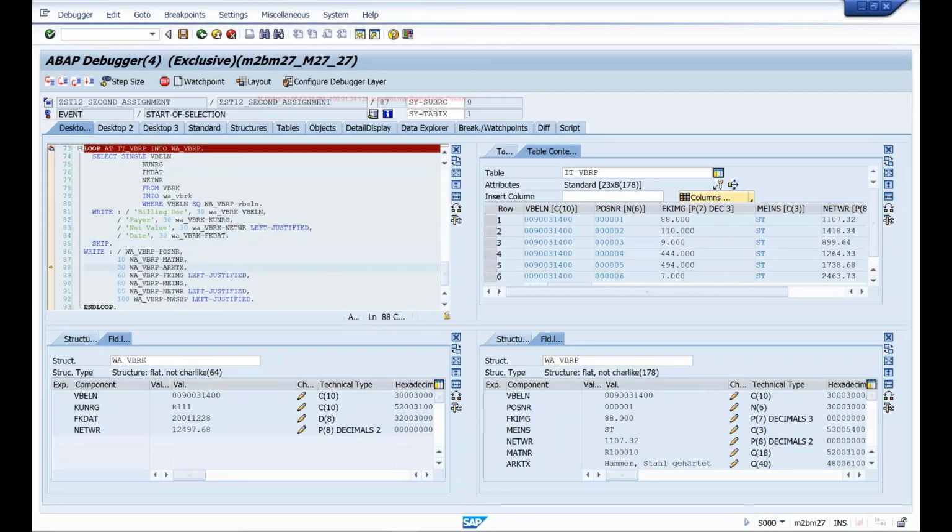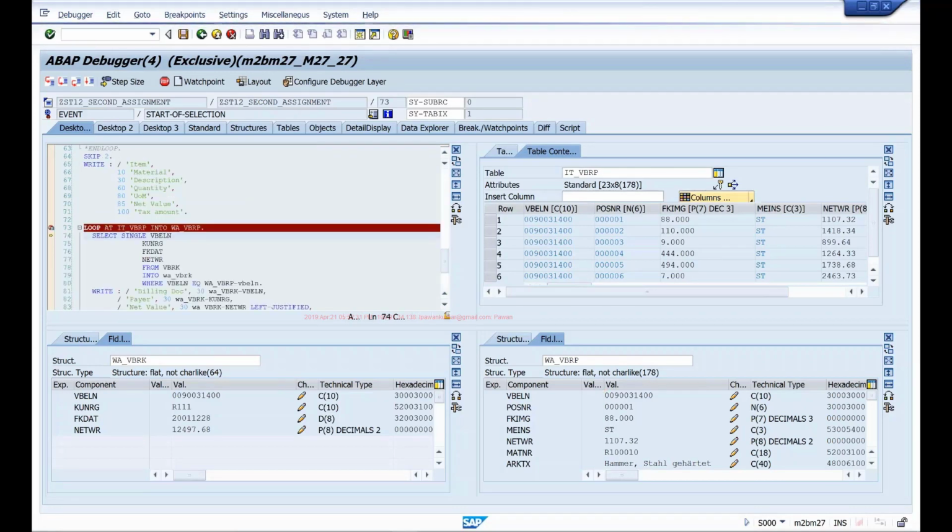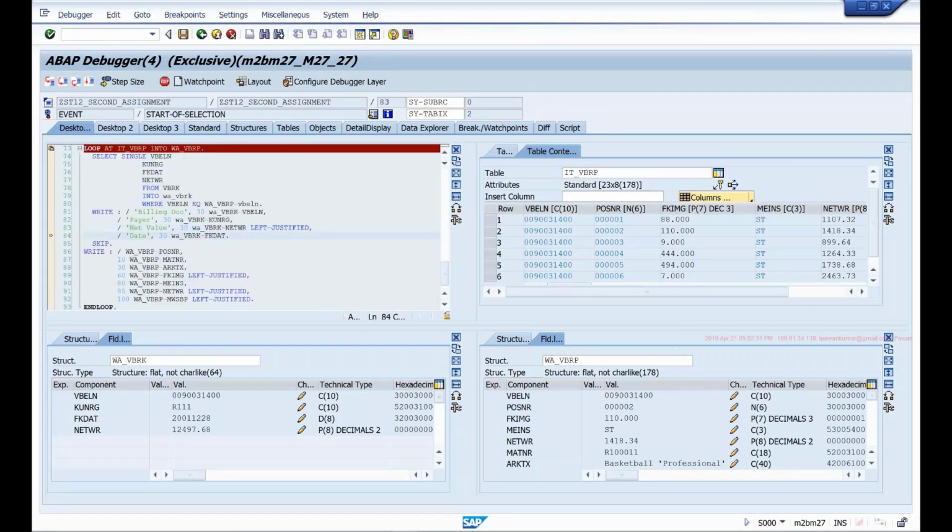But since this IT_VBRP is an item table, for one document there will be multiple records. Now it is going to the second loop and it is again executing the select. Even though the document number is the same, it will still execute that select and it gives me the same data and I'm printing the same header data again, right?